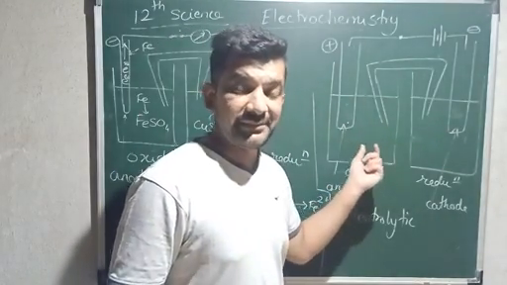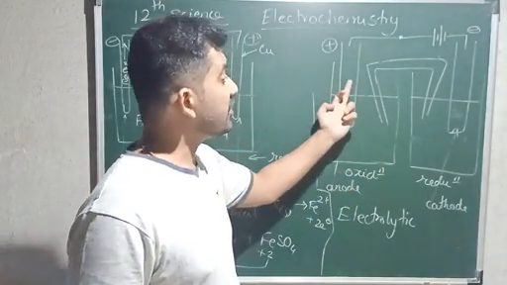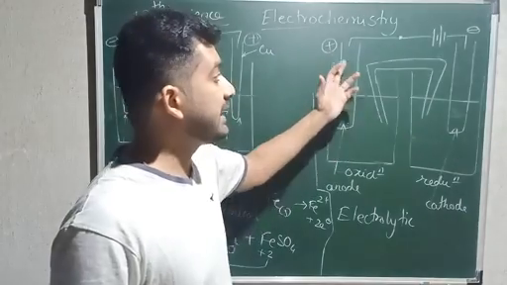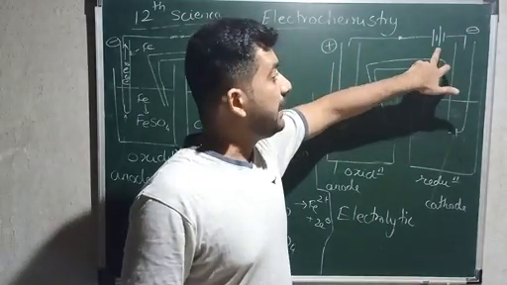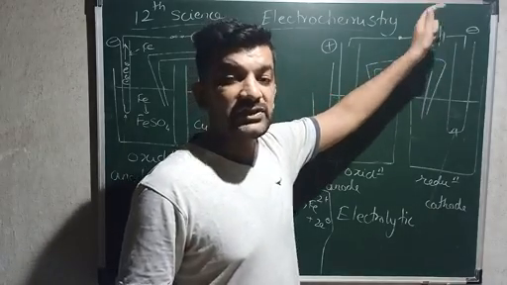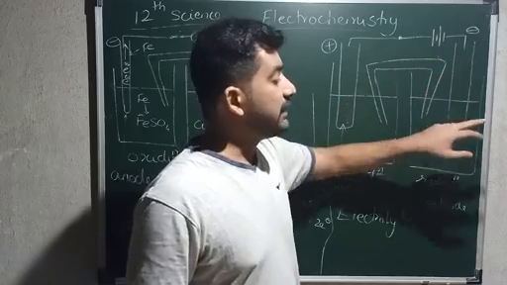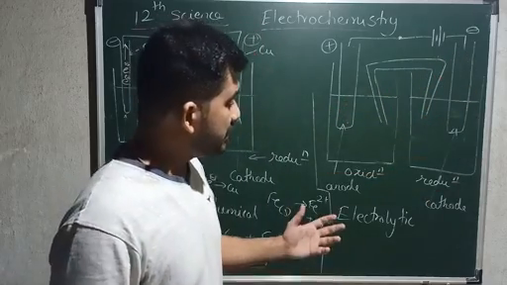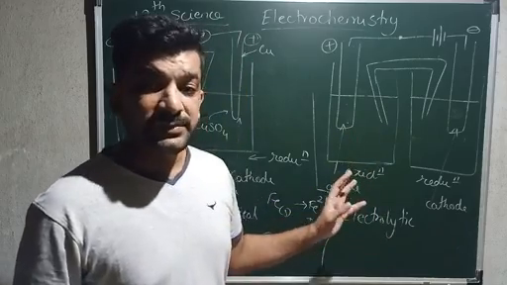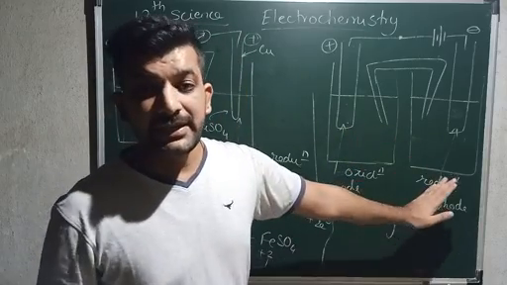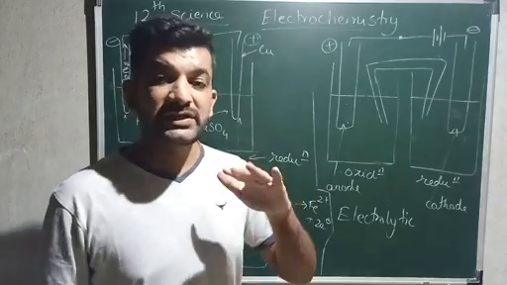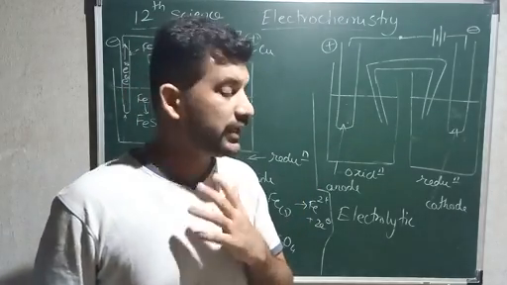In this case, what is happening? Oxidation is taking place. The electrons which were at anode are now getting absorbed by the battery, and the battery itself is forcefully giving charge to the cathode, and cathode will have negative charge. So in this way, this is the difference between electrochemical cell and electrolytic cell. There are differentiation points in our textbooks. You can go through them.